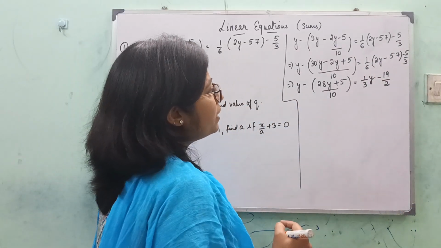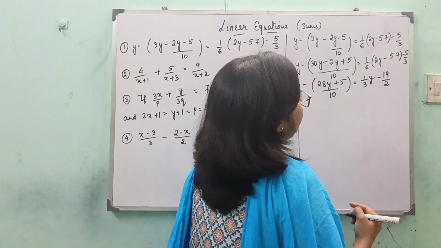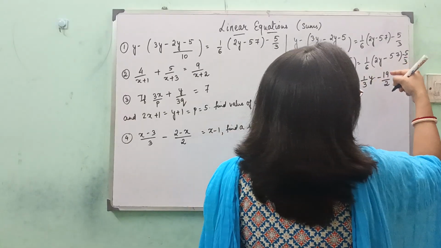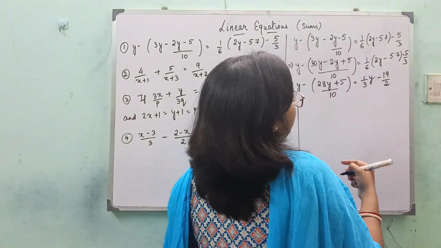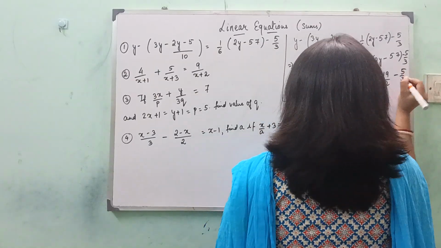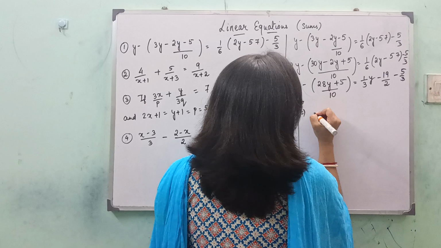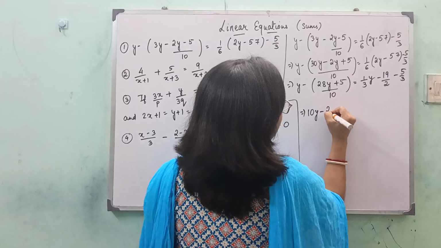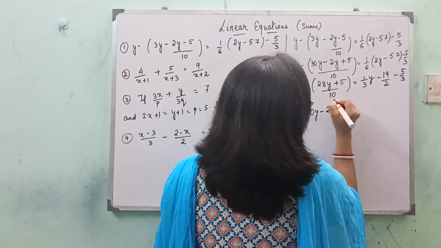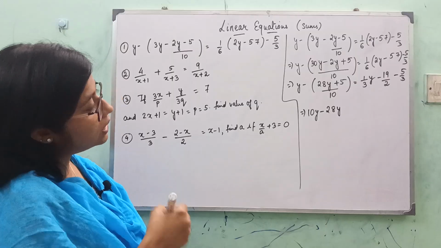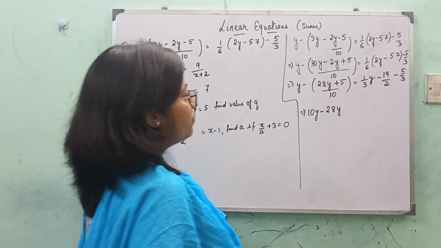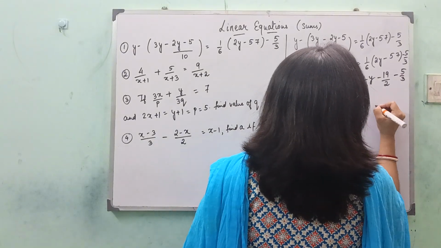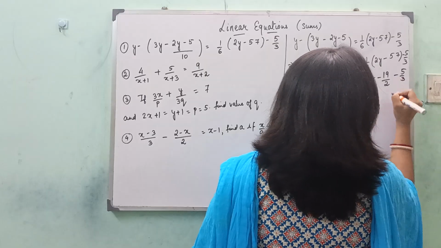We have multiplied the 1 by 6 with the terms inside the bracket. So 1 by 6 is 1 by 3y, minus 57 by 6 is 19 by 2, and minus 5 by 3. Here again resolving the bracket, 10 is the LCM, so 10y minus 28y, because there's a minus sign before the bracket, so the terms inside the brackets will have their signs reversed, is equal to 1 by 3y. We can simplify this,